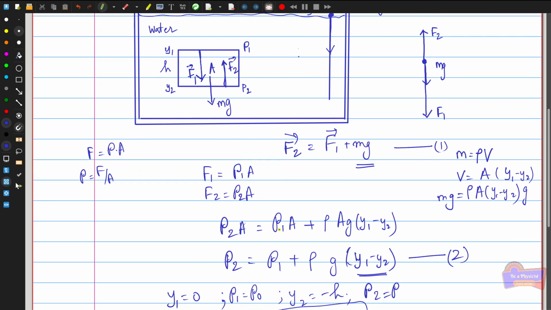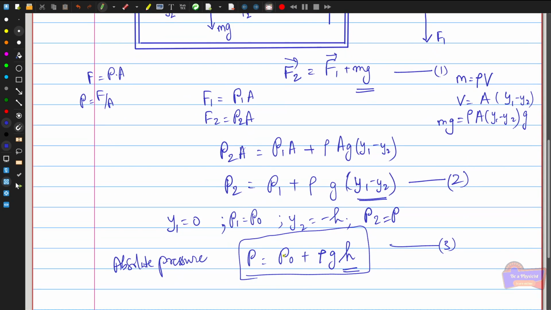One is the atmospheric pressure, which is taken as P0, and the other is rho times g into h, which is the pressure due to the liquid above